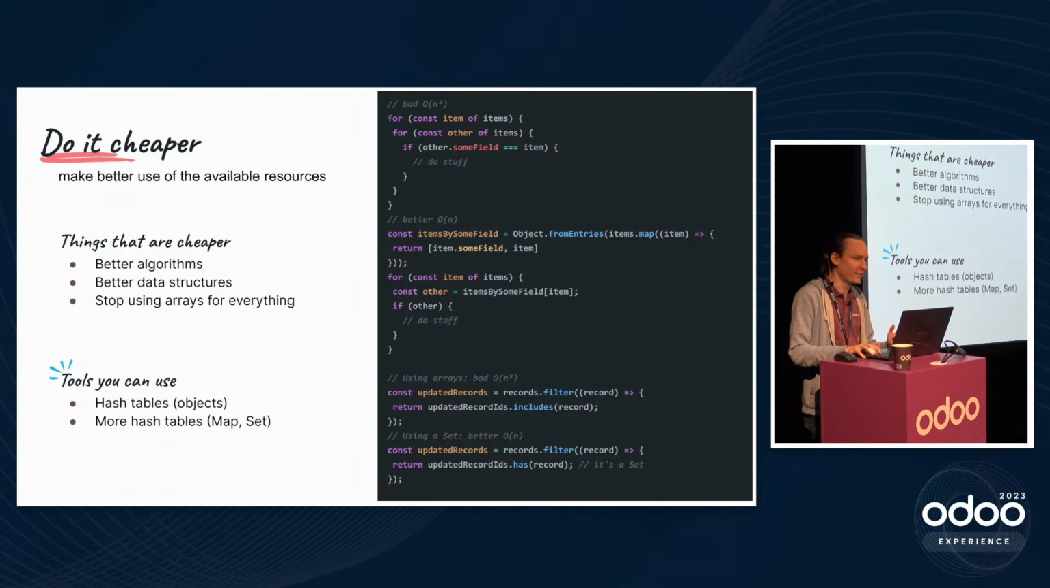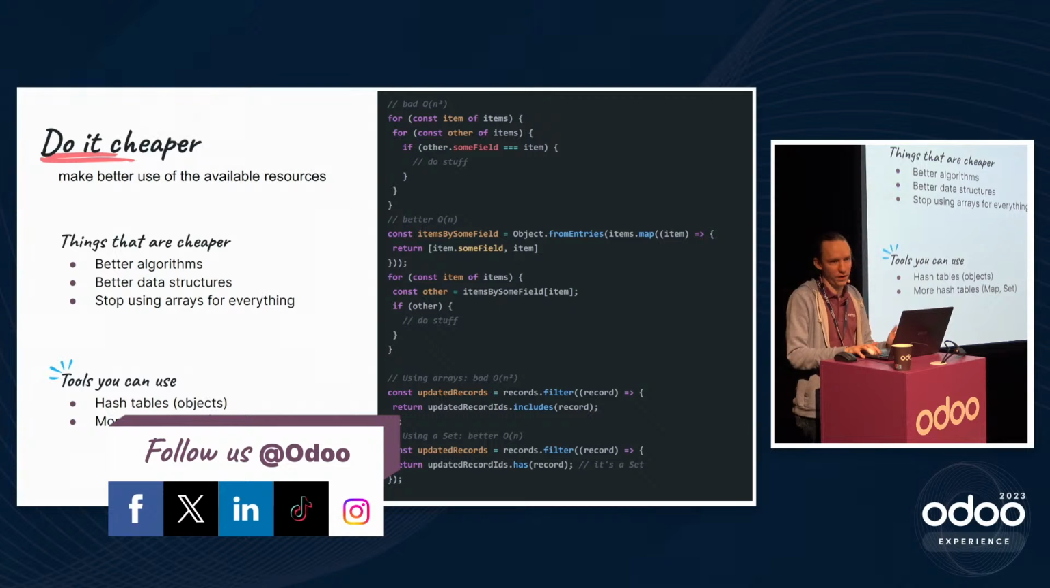And then surprise, surprise, more hash tables. Hash tables are really fast, so use more of them. In this example, it looks very similar, but if you notice inside of this filter, the first one has includes, so that means that we're going to scan the updated record IDs every time. And so if there are thousands of updated record IDs, this is really slow, and we're doing this once for every record. So this is basically order of n squared, whereas if your updated record IDs is just a set, and there's no reason for it not to be a set, then it's O of 1,